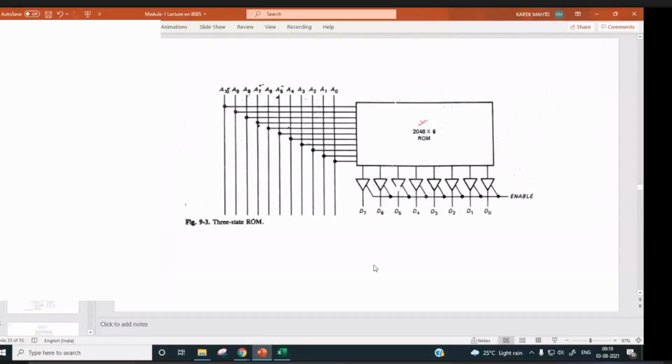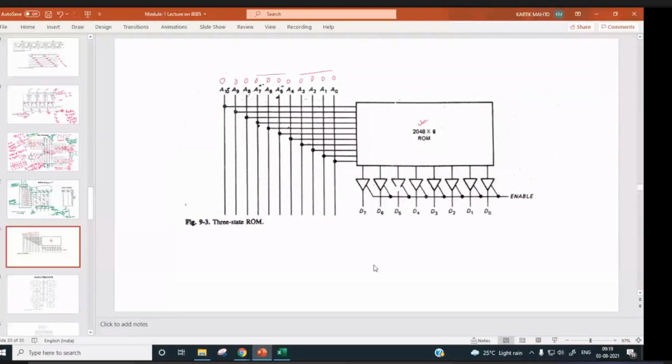So it will start from what? 000 to 7FFH will be the different locations. 2048 locations are there, and in each location we have 8-bit data.